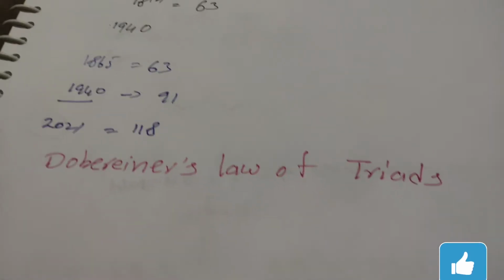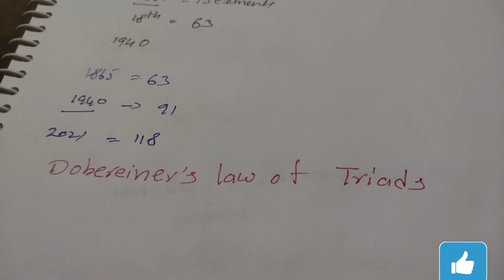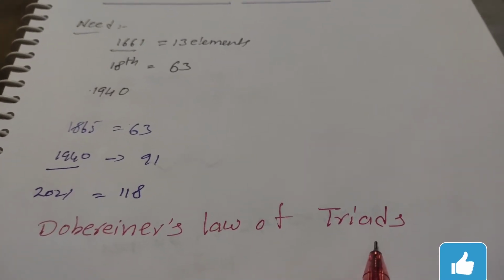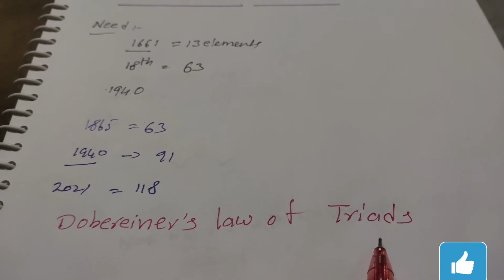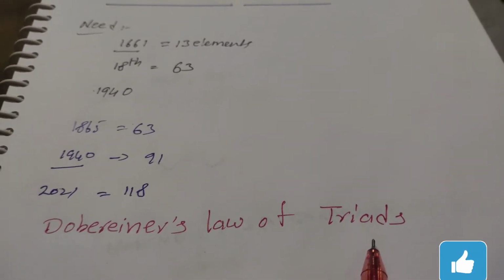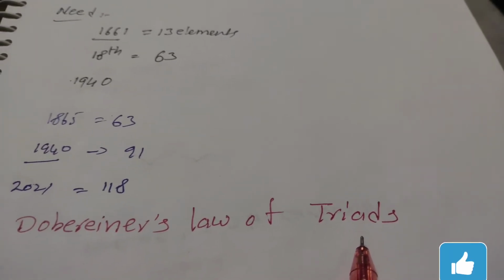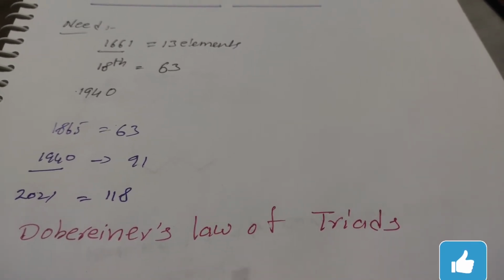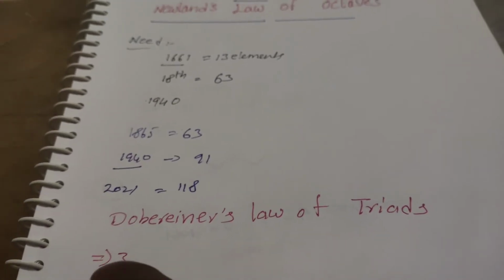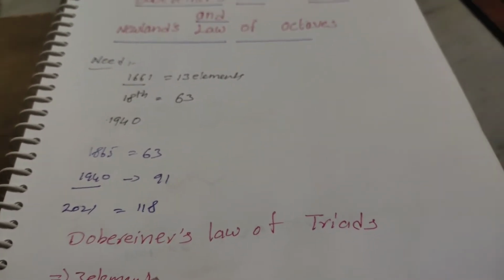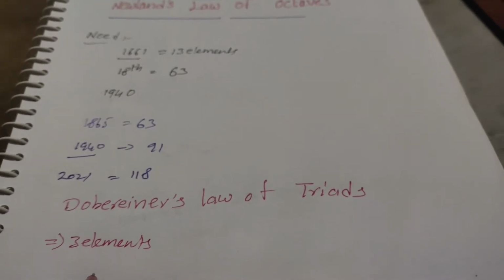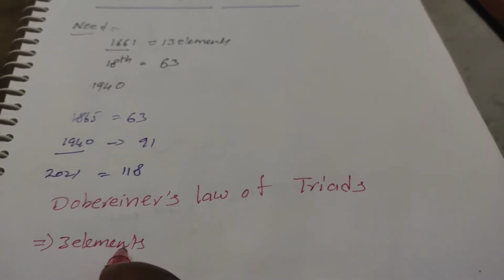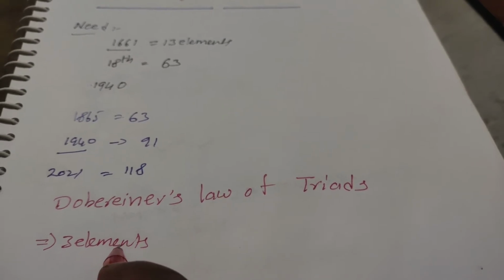The first classification is Döbereiner's law of triads. Triad means three elements; tri means three. So for the first time, Döbereiner in the year 1829 tried to classify the elements. He stated that when three elements with similar properties are taken at a time and arranged in increasing order of their atomic weight,